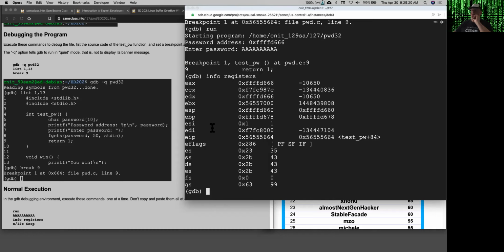The processor has registers stored on the chip. This is 32-bit code, so it's using 32-bit registers. You can see they are 8 hexadecimal characters. That's 32 bits. There's AX. A was the original register back when I started,